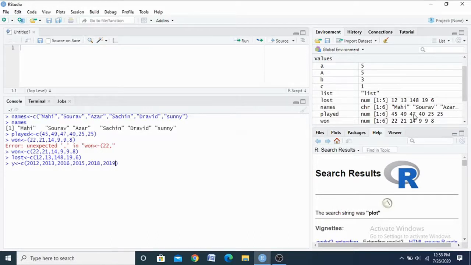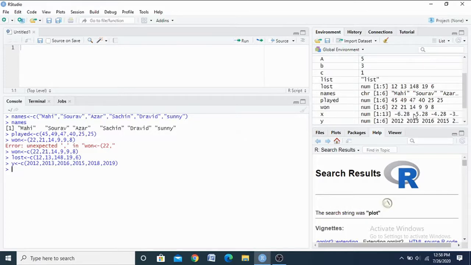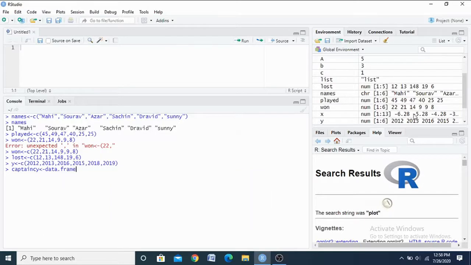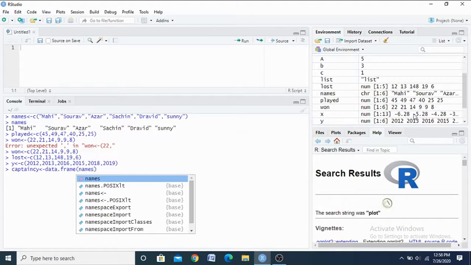Next I have to convert this information to my data frame. You can give one name for my data frame. Here I give captaincy as my data frame. The value will be assigned with data.frame, and the syntax appears.